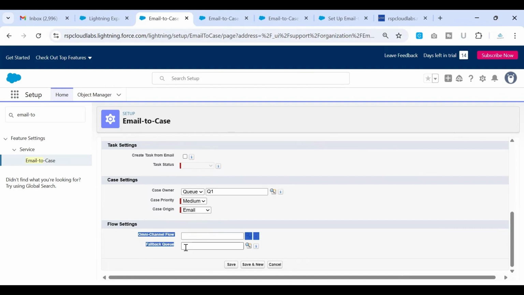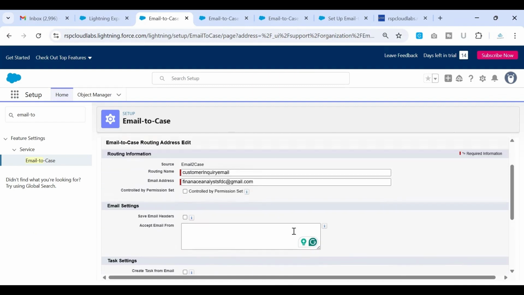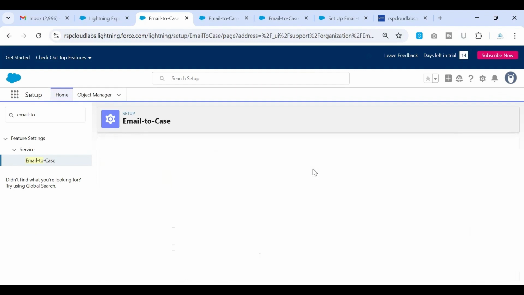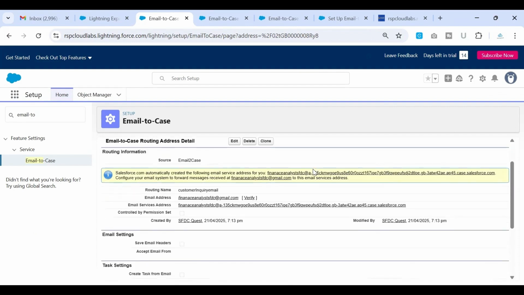And there are a couple of options in here, which are the flow settings. For now, we can just ignore them. For the setup of the email to case feature, these are the basic settings that we need. And once done, you click on save. And Salesforce would do some magic in terms of enabling the email to case feature for us